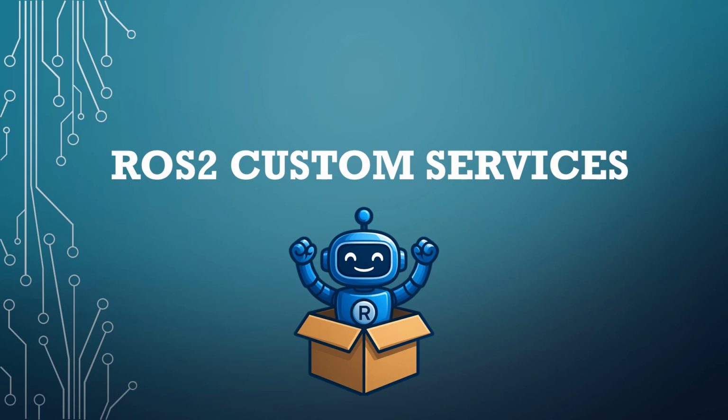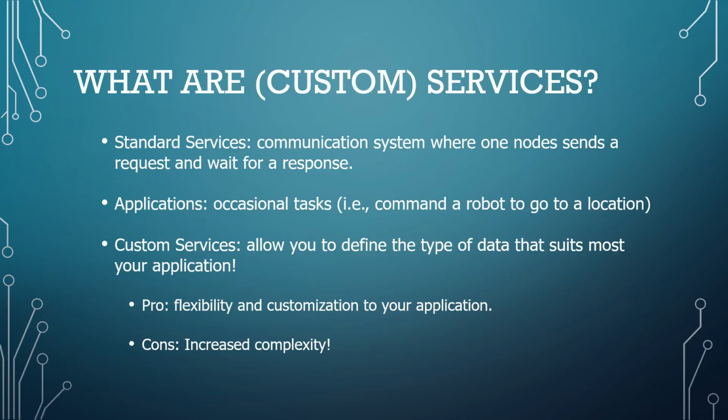In ROS2, a service is a type of communication where one node sends a request and waits for a response from another node. It's perfect for tasks that are performed occasionally, things like triggering a camera capture, commanding a robot to move to a specific position, or performing a calculation on demand are just some of the situations in which you may want to